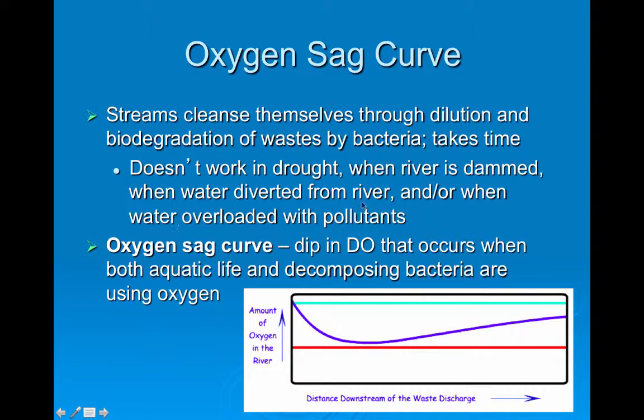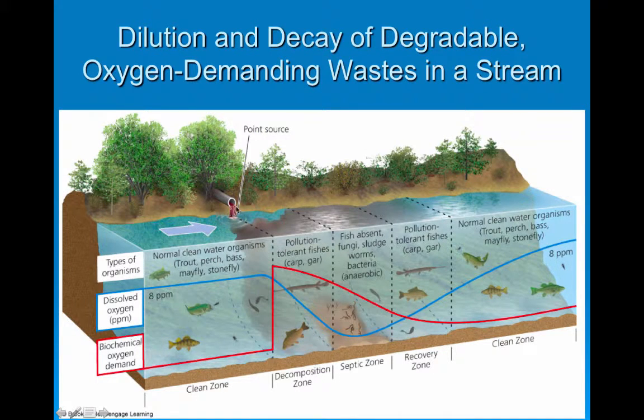So in other words, if you're graphing how much oxygen there is in the water, the curve sags. So if this y-axis was the amount of oxygen in the river, as you can see, there's a dip. You would be tempted to think that the lowest amount of dissolved oxygen would be directly under the pipe. That is not true. Because the water is moving, the bacteria do not reach maximum capacity in pulling oxygen out of the water until a little bit downstream.